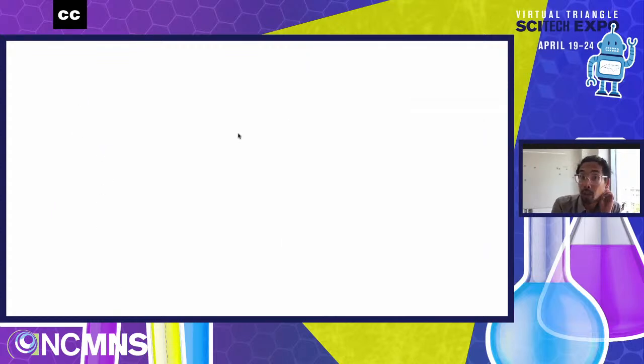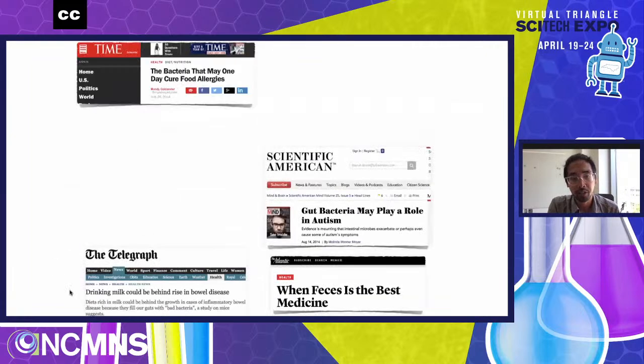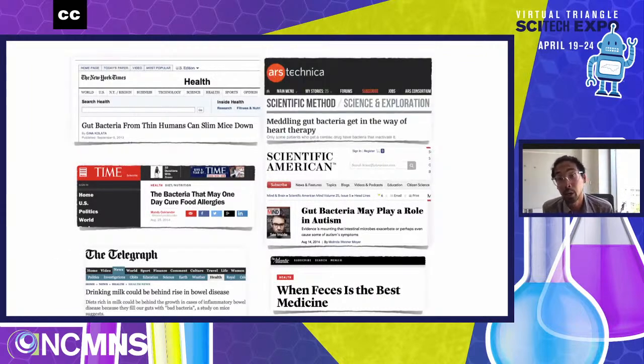Okay, and where have you heard of the microbiome before, or maybe this sounds familiar to you? You often see it now in the news where people talk about the microbiome and have associated it with a lot of different kinds of diseases, things like obesity and different kinds of treatments for heart disease. People have also found associations in studies that involve things like autism, infection, or inflammatory syndromes that take place in the gut.